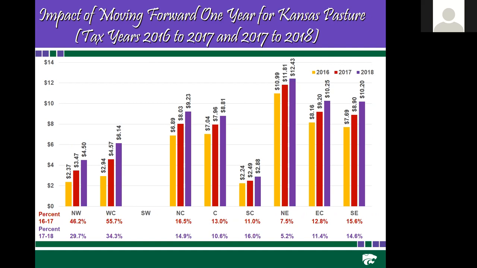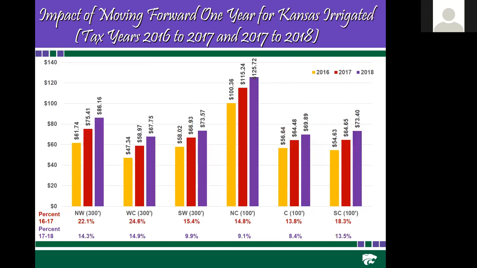And so we can also look at native pasture. In the Southwest, the computation there isn't available, but you can see what those LNIs are for the different regions across the state. You can see the percentages. Certainly in the western districts, those are fairly high percentages, but the values are relatively small. And again, these are based off of the 8-year average of cash rents for cropland. So you can see the difference in those amounts across the state, and how they've changed over the last 3 years.